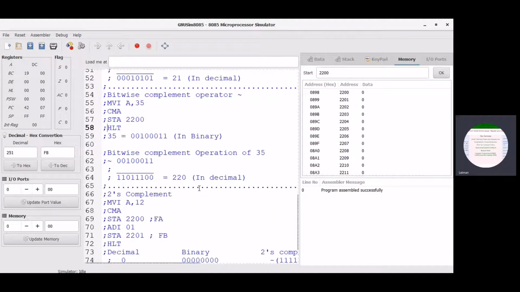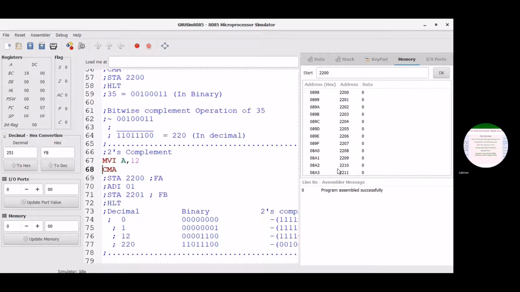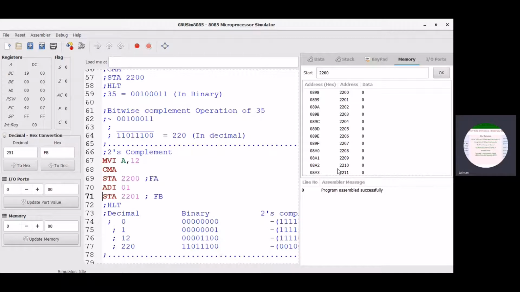And this is the program of 2's complement. So uncomment all the instructions. This is the program of 2's complement for the given numbers.